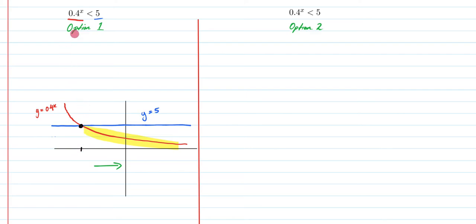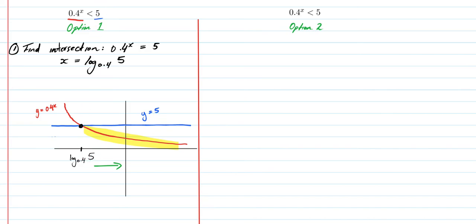Okay, so let's give this a go. So step 1 is going to be find intersection. And to do that, we set both of them equal to each other. So it's going to be 0.4 to the x is equal to 5. Now we use our knowledge of logs to answer this. So this is going to be x is equal to log 0.4 to the 5, which means this x value right here is going to be log